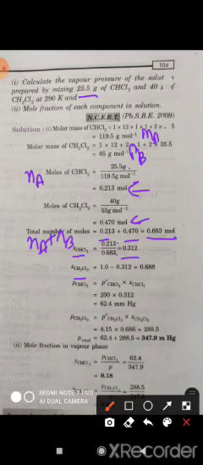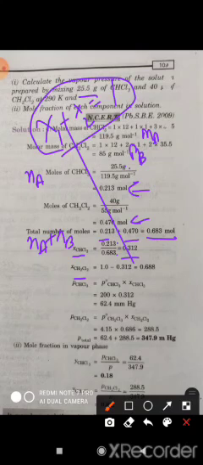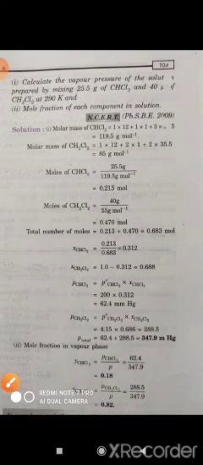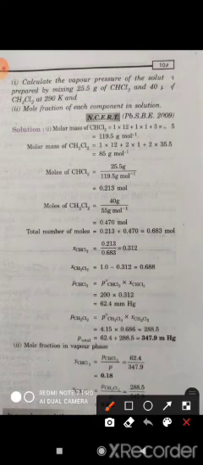Next, the mole fraction of the B component, that we can find out by the formula Nb by Na plus Nb, or otherwise we know that the sum of the mole fractions is equal to 1. So this is the formula. If we find x1, you can find x2 by subtracting this value from 1. So xb is equal to 1 minus xa. So you got this value. Now we got the mole fraction for the A and B components.